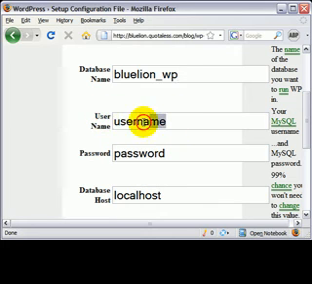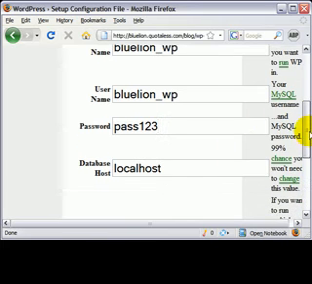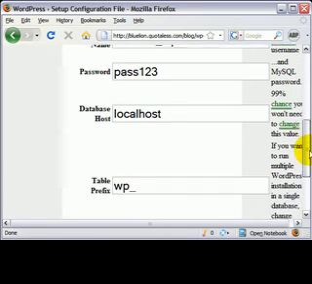The username is going to be the database username, which in this case is the same thing. It's going to be wp. And then the password is the database password that we created earlier. So I'm going to go ahead and type that in. And then the database host, we leave as localhost because the database is actually on quotaless.com, so you can